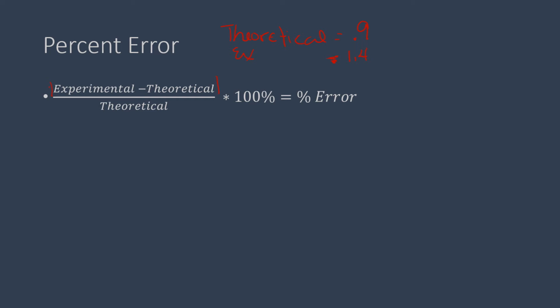So the experimental was 1.4, the theoretical was 0.9, divided by 0.9. Let me double check. Okay, so when we do that, then our percent error is 55%,